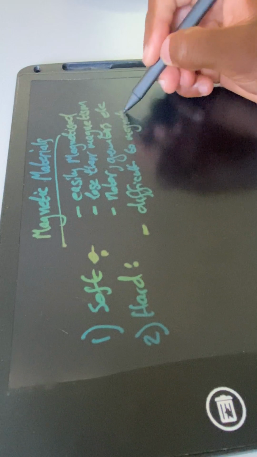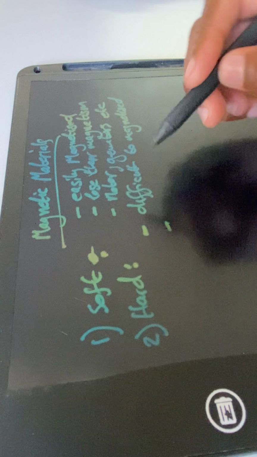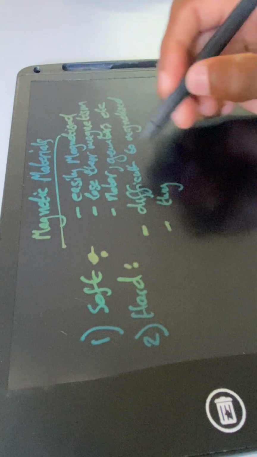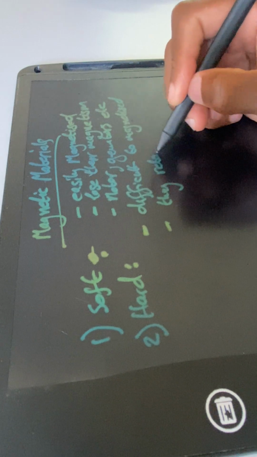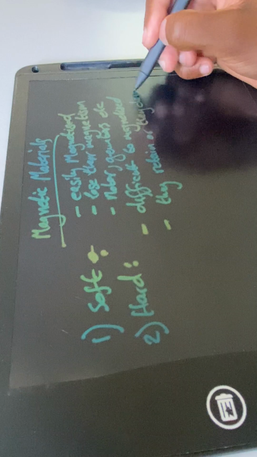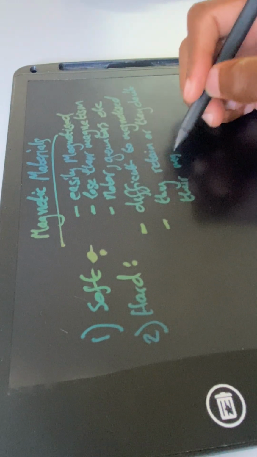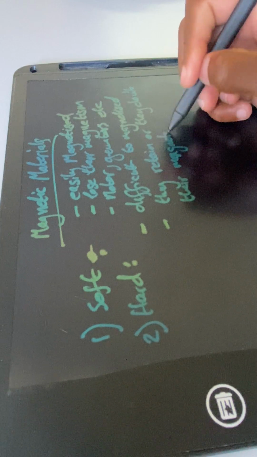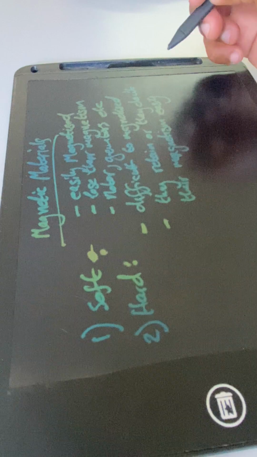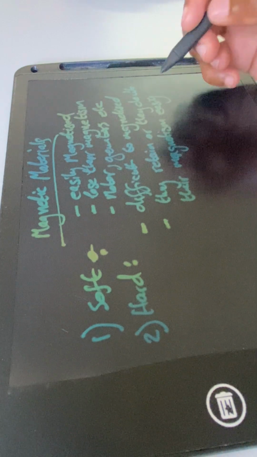If they're difficult to magnetize, which means they tend to retain, or they don't lose their magnetism easily. Isn't it? Yes, which means they can retain their magnetic properties longer than